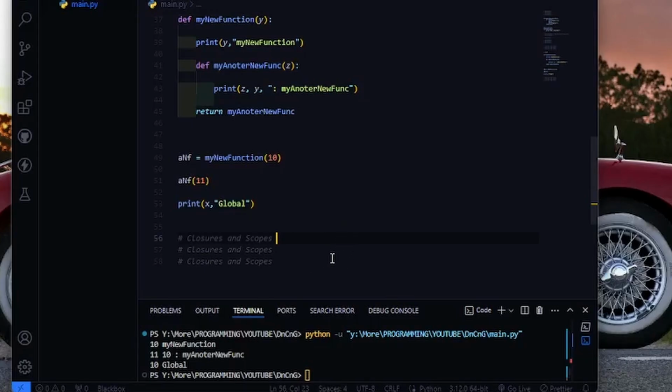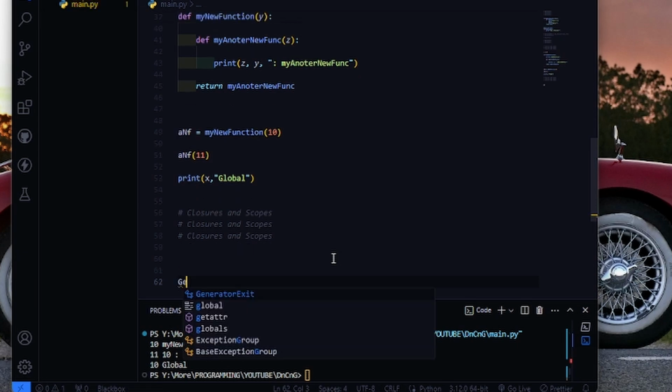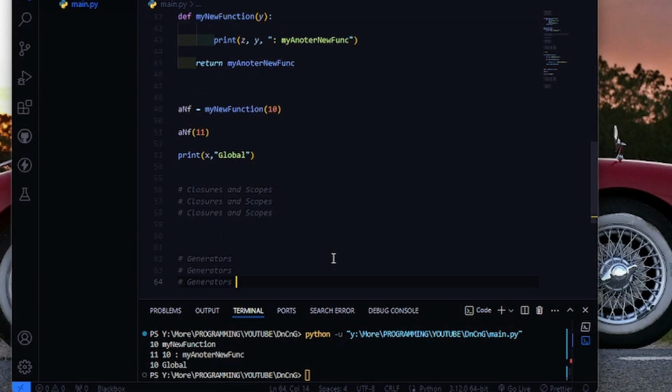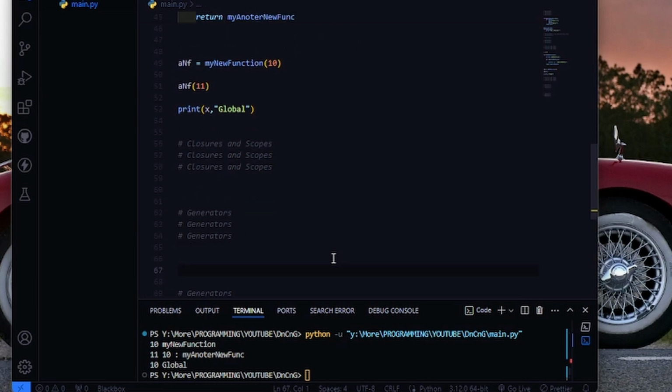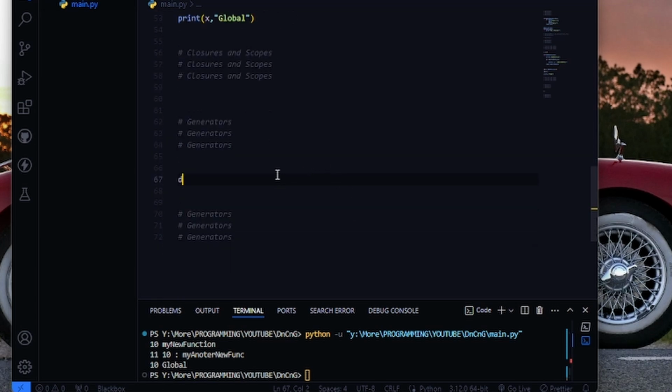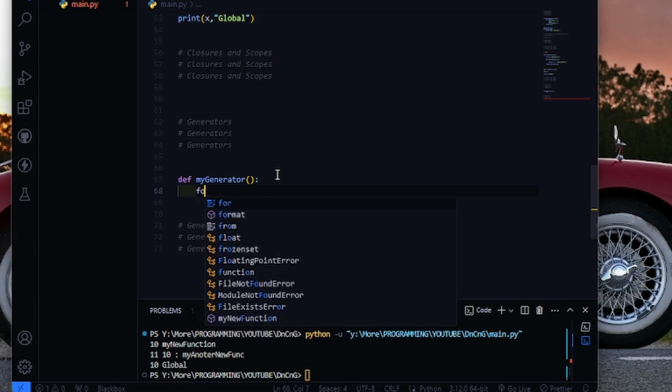Okay, so now let's talk about generators. What are generators? Let me tell you. First, it's also a function. First, let us create my generator. Now, let's just imagine that